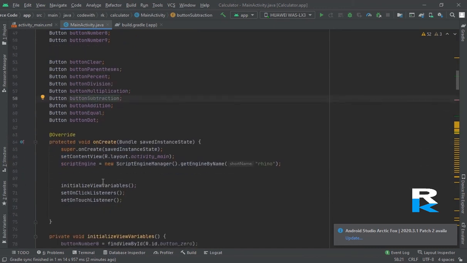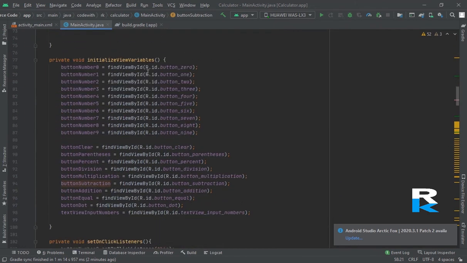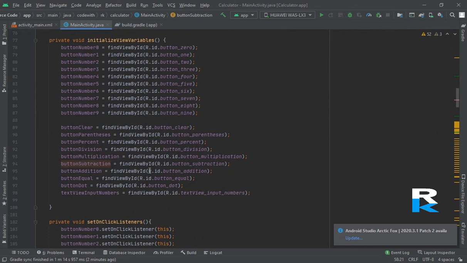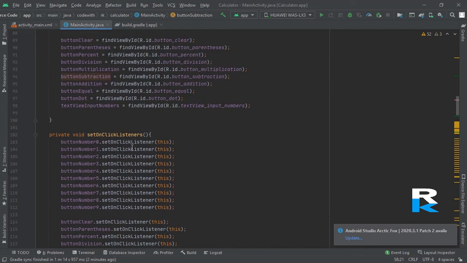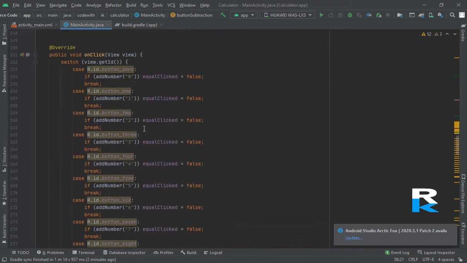Now in onCreate method, what I have done, just copy the same code. And initializing view variables, look at there. These are the code to initialize set on click listener, set on touch listener, on click methods here. Everything has been done.